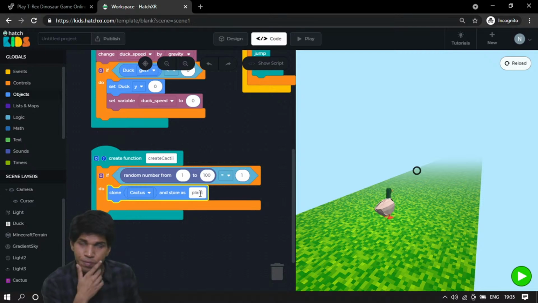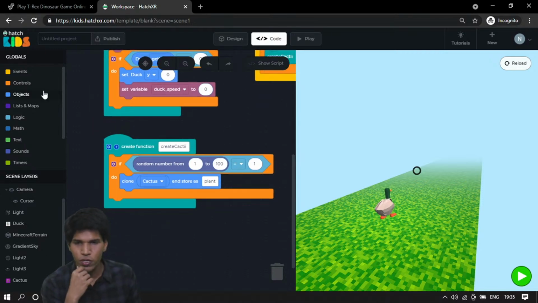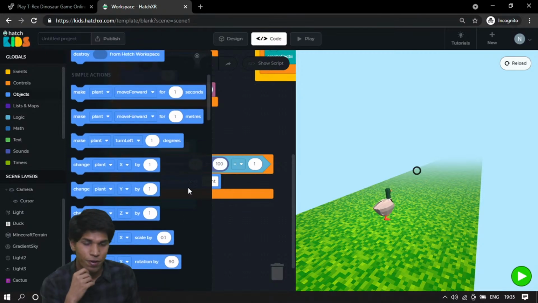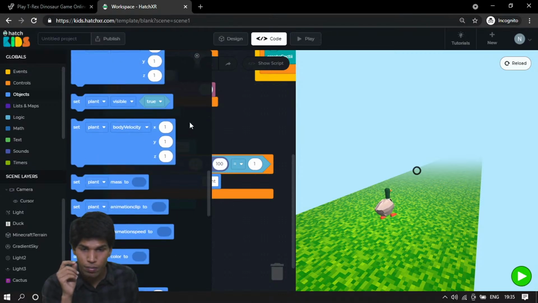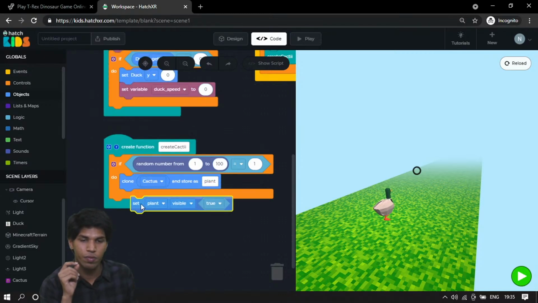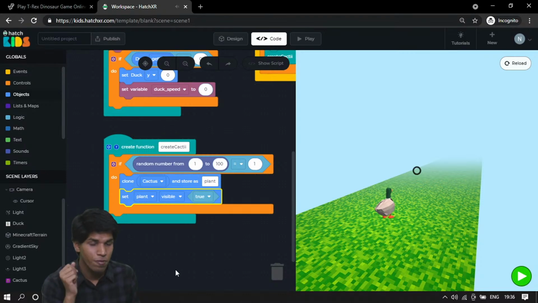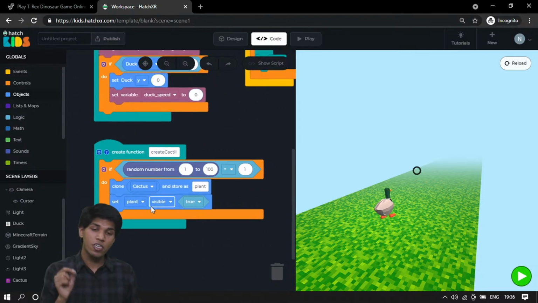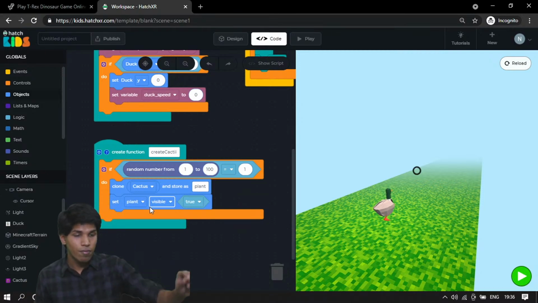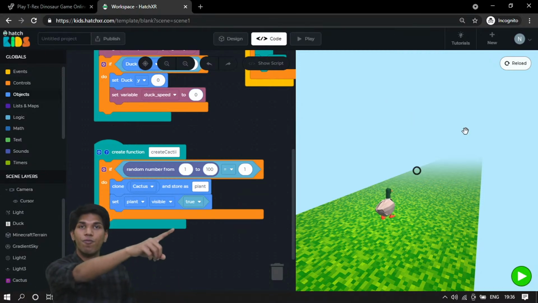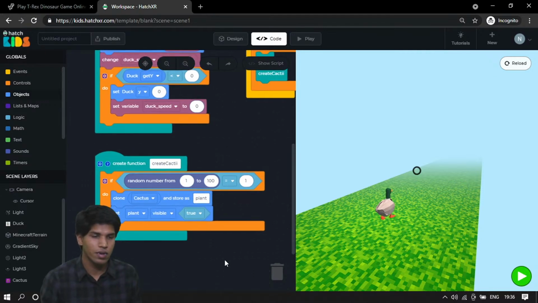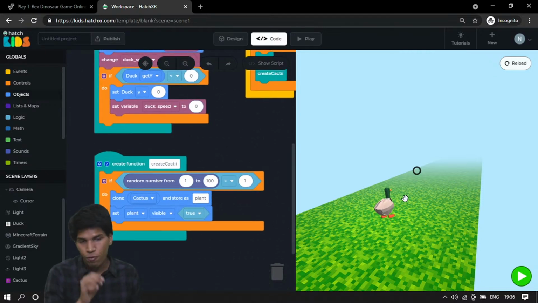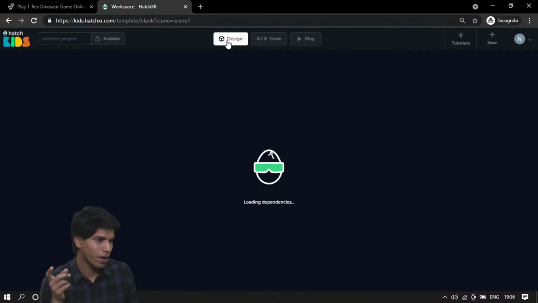Then we are going to go to our object section, and first of all, the original cactus is not visible. So we have to make the cloned cactus visible. Set plant visible to true, and then we have to position this cloned plant somewhere in the fog in front of the duck. It's going to have a huge x value, and the y value of our cactus is going to be the same as